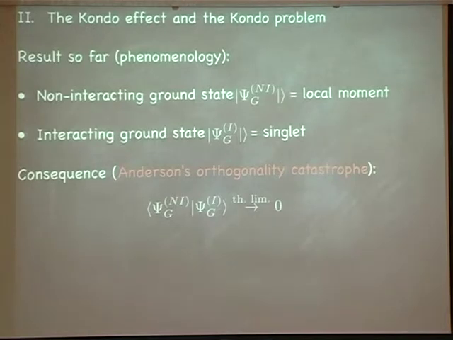And that tells us another thing: if we try to do perturbation theory, we usually start from the non-interacting object. Since those are orthogonal, there's no way in perturbation theory to go from here to there. You just walk in that space, and whatever you do, you don't come into that direction. And that's what we saw in the previous calculation, namely this manifests itself in logarithmic divergences and unphysical behavior of properties.